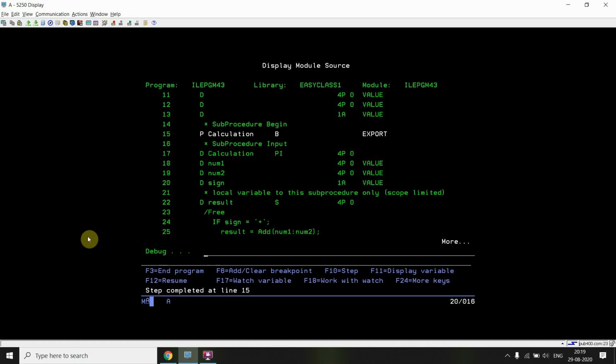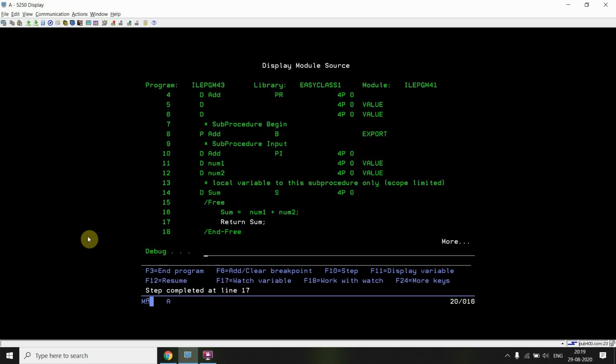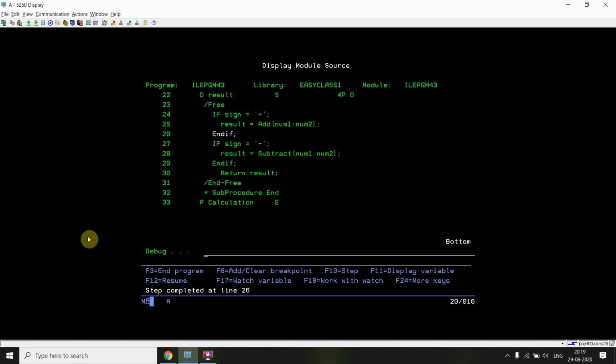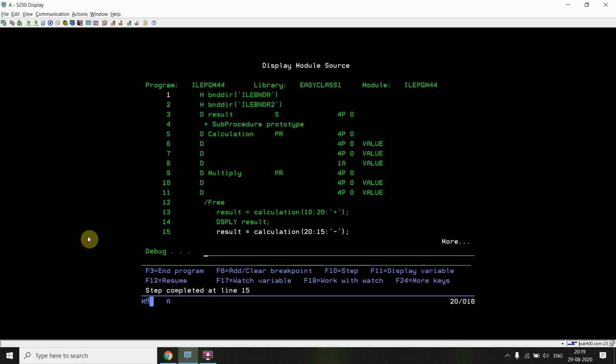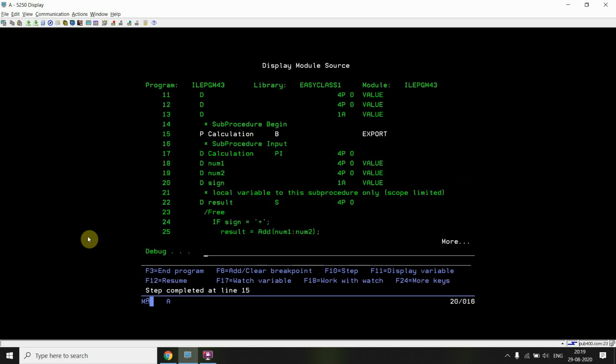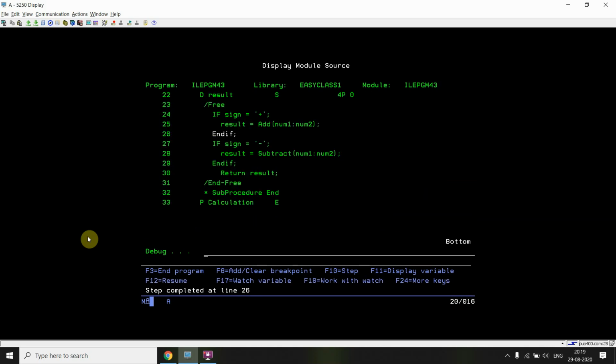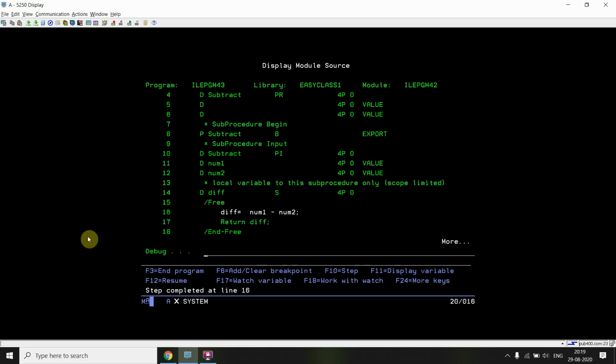So it will go to 43, that is a service program. Then it will go to 41, used for the add sub procedure. Then it will return the result and display. Then it will go to the service program 43, ILE PGM43, and it will go for the subtract sub procedure in the ILE PGM42 module.